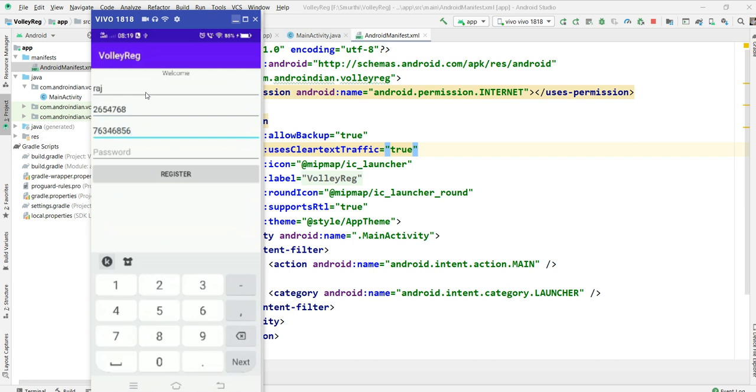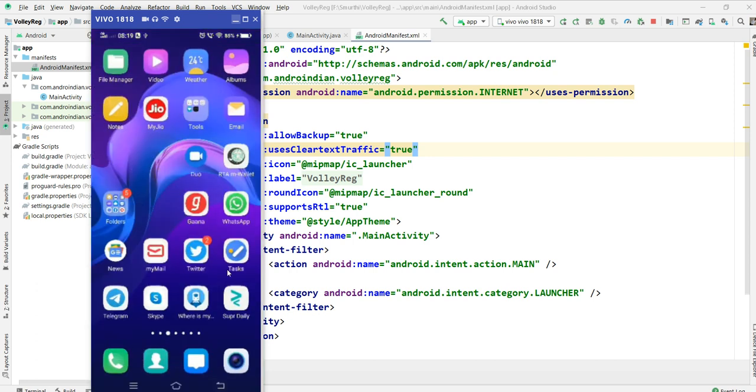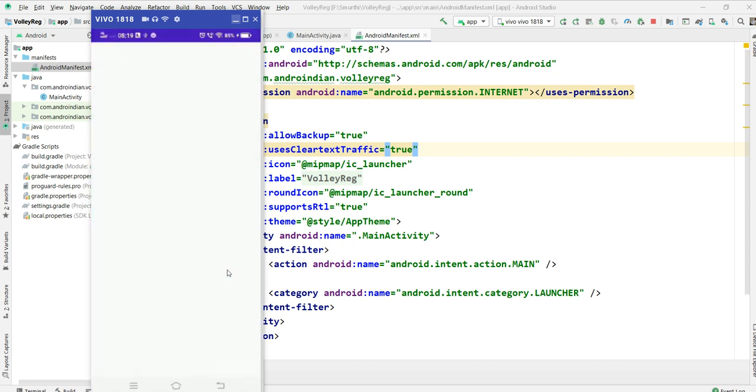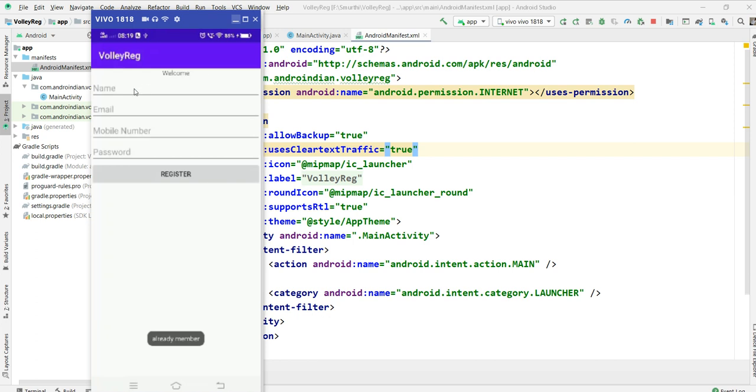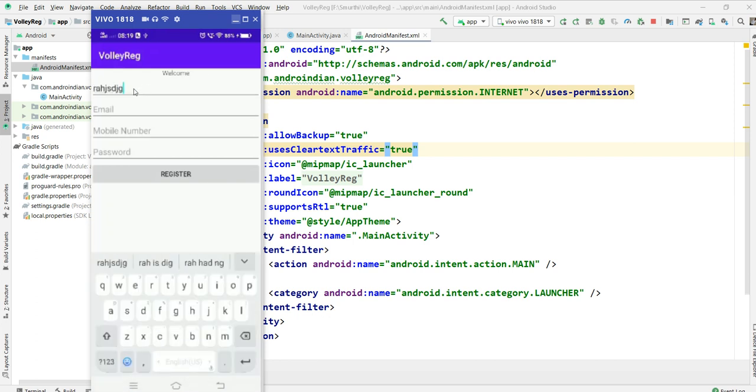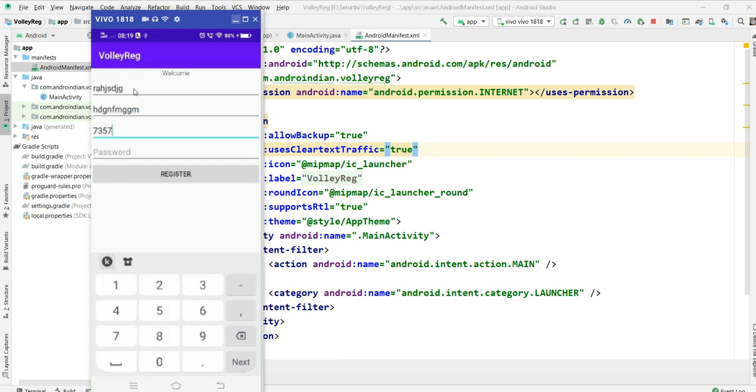So I'm entering some password, now I'm clicking on this. I'm entering random data, then now I'm submitting this.